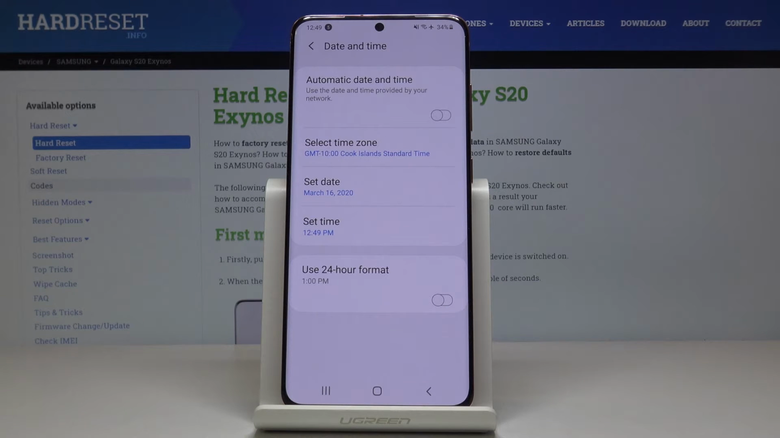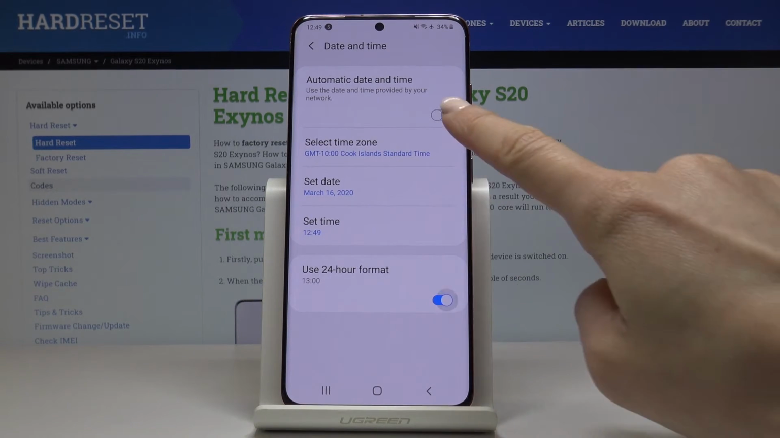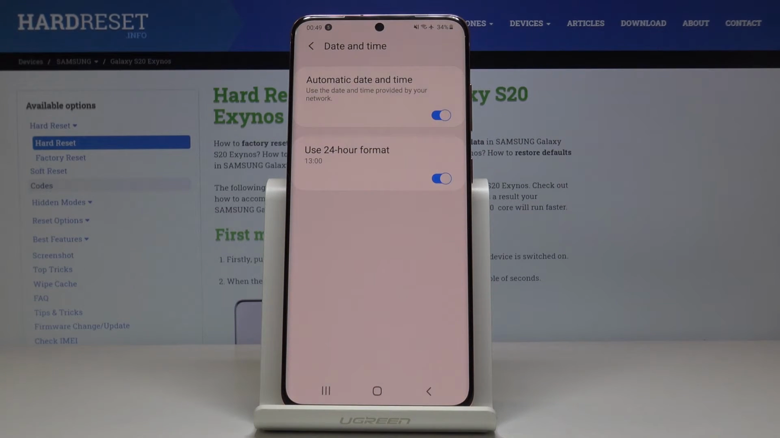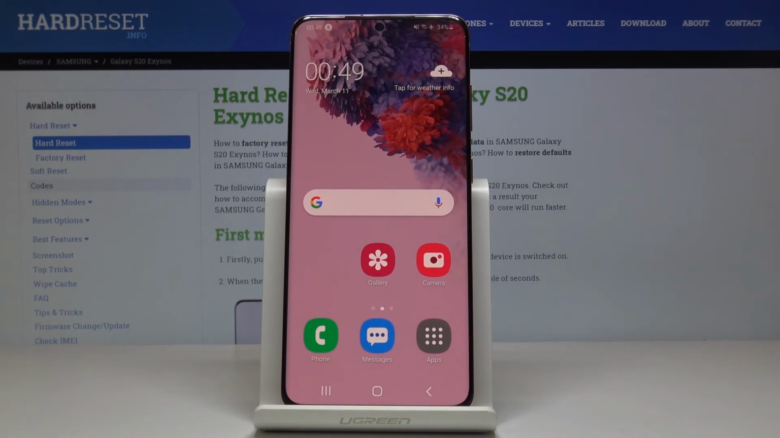And whenever you would like to go back to automatic setup, just tap on those switchers, and now you will be back and the date and time set up automatically. So that would be all. This is how you can set up date and time in your